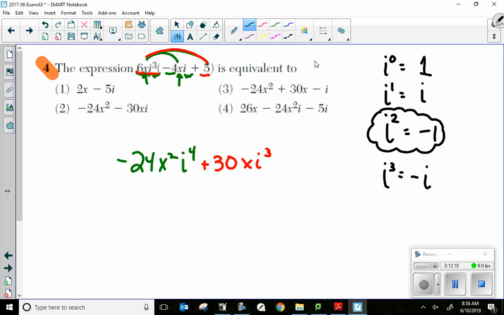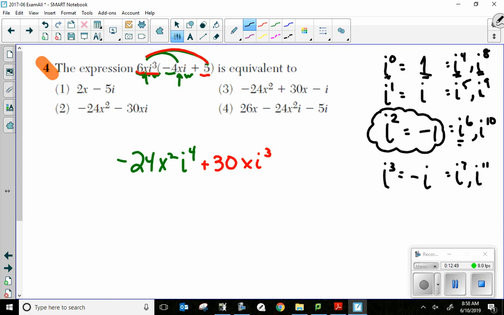And if we want, we can break these up accordingly. First thing you should know is these cycle. i to the 4th is the same thing here. i to the 5th, i to the 6th, i to the 7th, and it cycles. It goes i to the 8th, i to the 9th, i to the 10th, and so forth, i to the 11th. It just keeps on going. So if you have i to the 4th or i to the 8th, that's the same thing as i to the 0, which is 1. If you have i to the 6th or i to the 10th, that's the same thing as i squared, which is negative 1. That's one way you can do it. So we know that i to the 4th